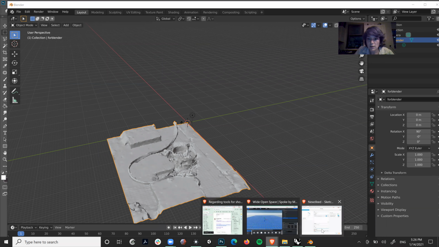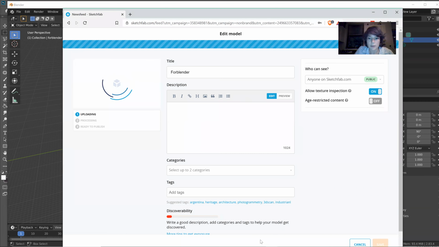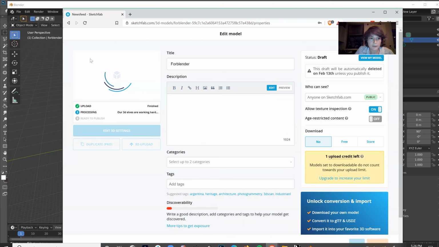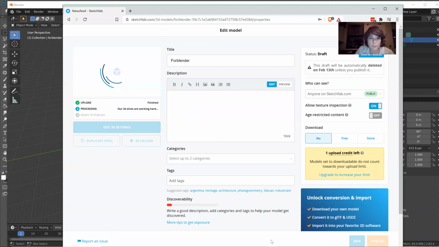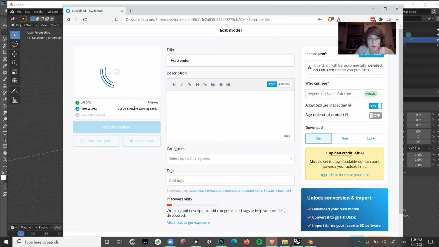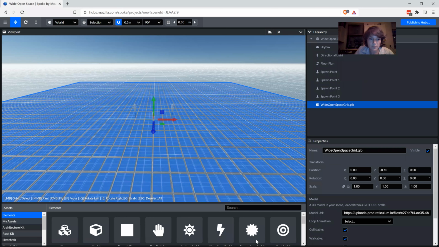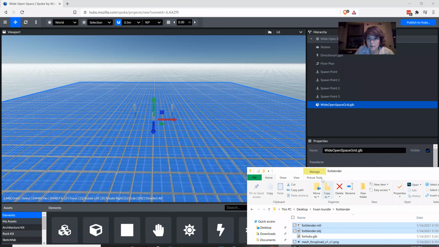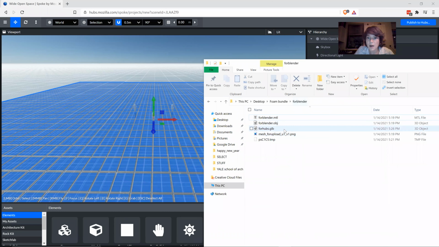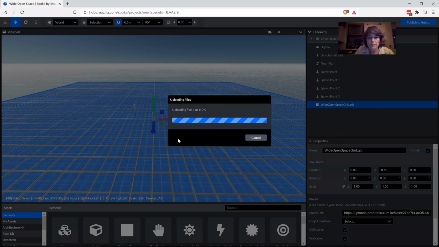So let's see. Okay, this is still uploading. It always takes a second. So it's uploaded, but it's still processing. So we can just go to Sketchfab here, and again, drag and drop our file. So in this case, the GLB into Sketchfab. And